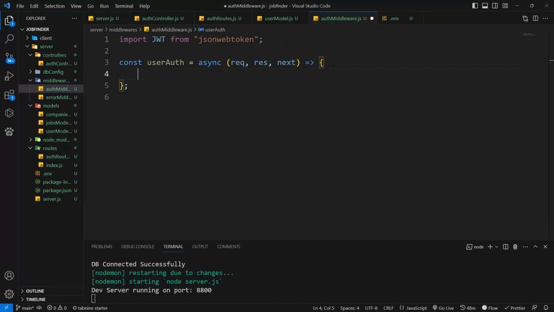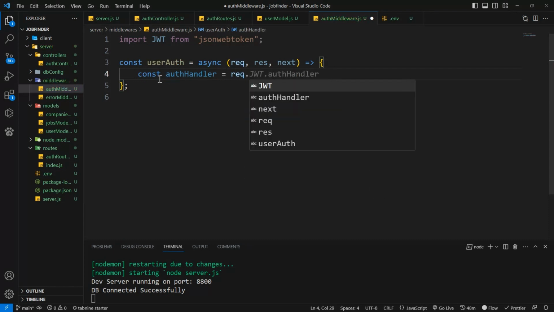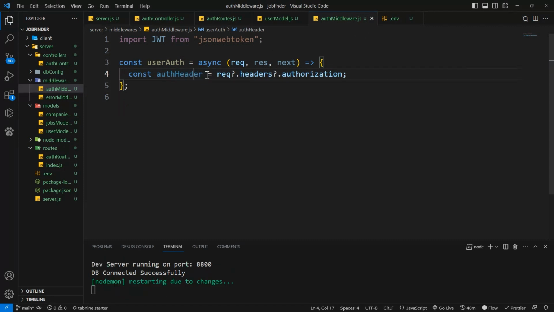So now we need to check the header. We get the header. So we say authHeader equal to request.headers.authorization. Okay, so the headers will come with authorization. It should be header and not handler. Okay,